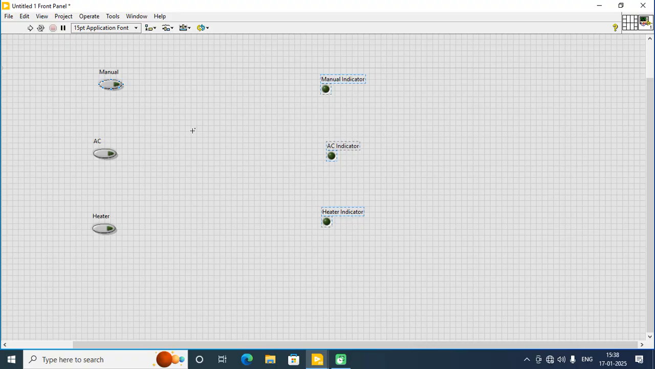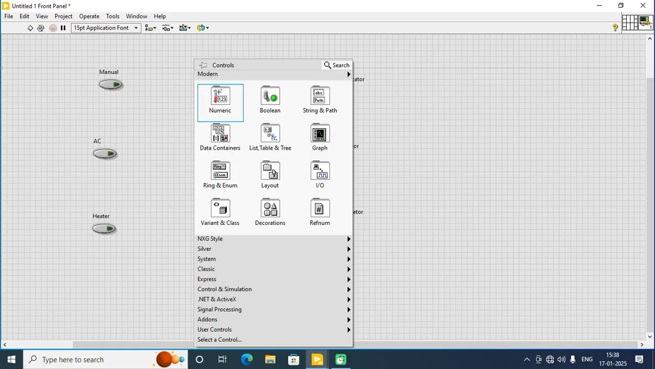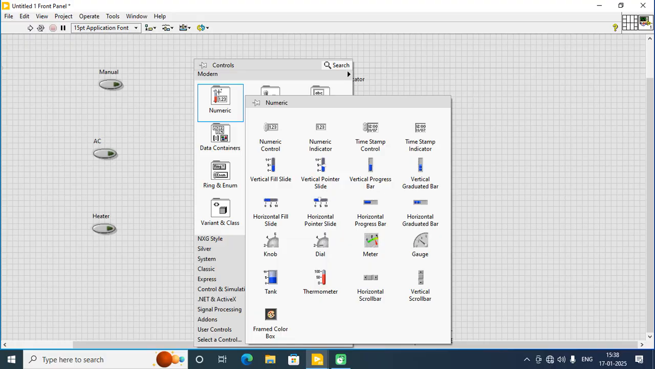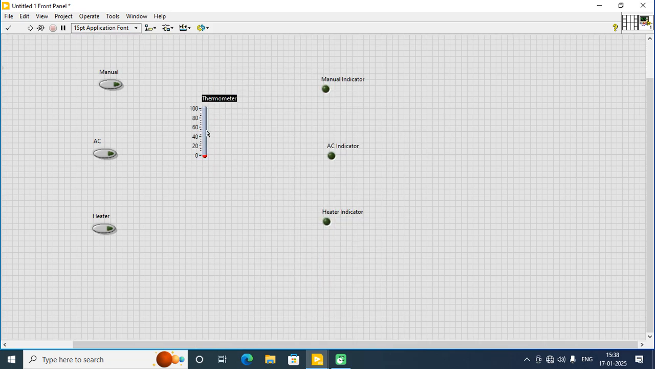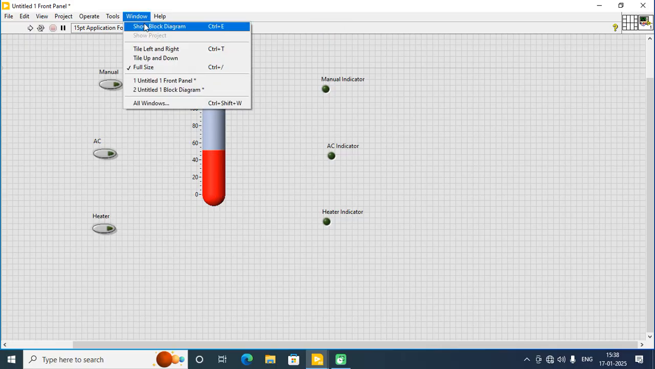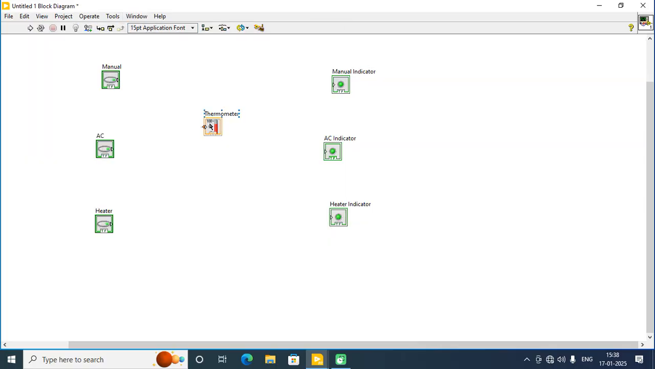Since this has to be controlled automatically as well, we will require a thermometer, which we can find in the numeric palette. Here we have the thermometer functional block. Now we will go to the block diagram, and here it has to work in 2 cases, either